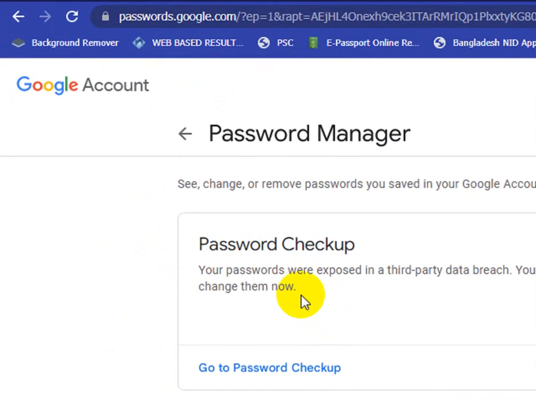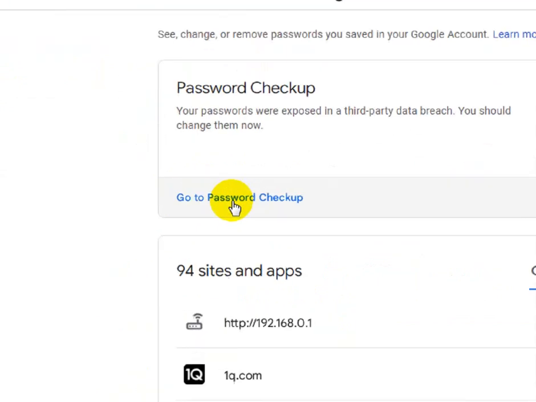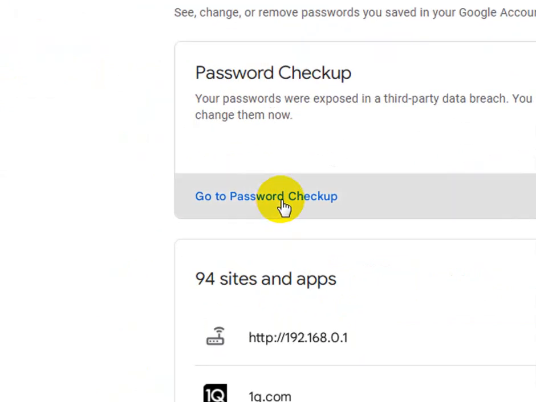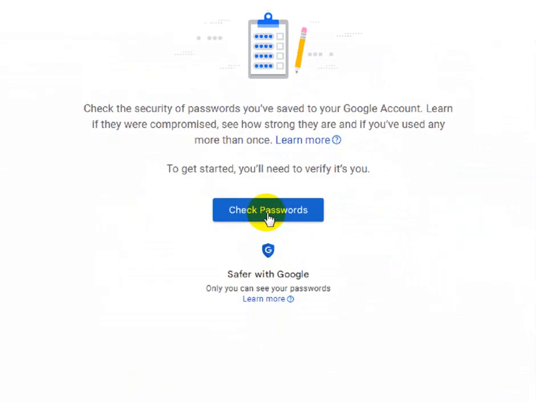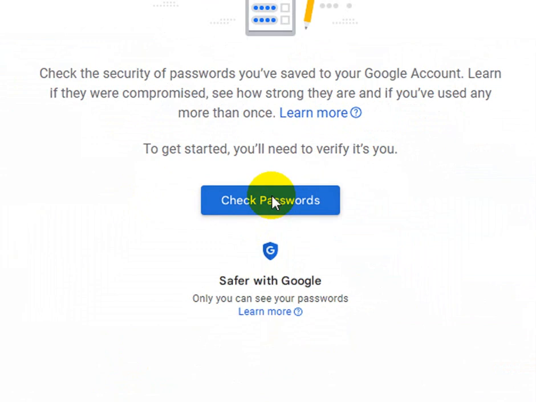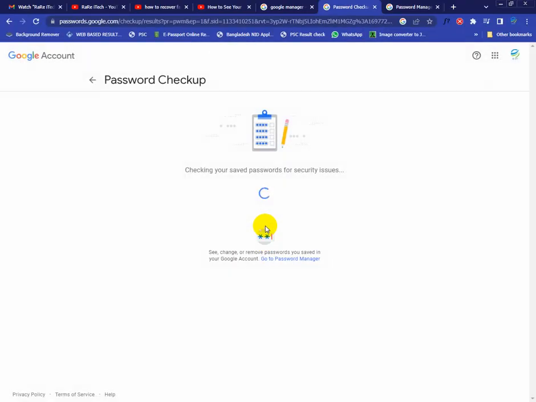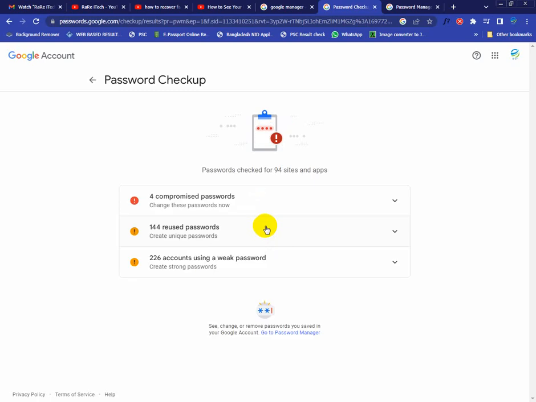If your password is strong or weak, you can see here. Go to the Password Checkup, for example, and check password. In this way you know your password is strong or weak. So I hope this video is helpful for you. Thank you very much. So here you see the